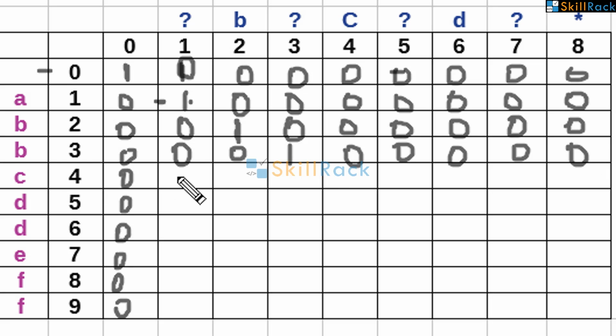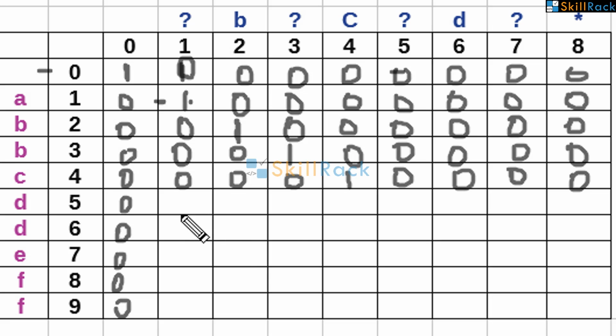Now you come to C and question mark. It can match but the previous match is 0. So it is 0. B and C not matching. Question mark and C, it can match but the previous match is 0. Now C and C matching and the previous match is also there. So it is 1. Now question mark and C, it is matching but the previous match is 0. So 0. D and C not matching. Question mark and C can match but the previous match is 0. So it is 0. Asterisk, left and top it is 0.